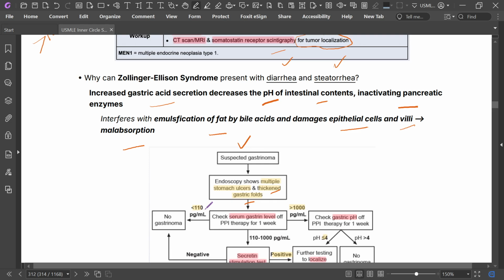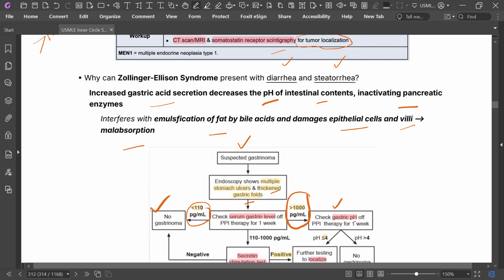If suspected, check serum gastrin level off PPI for 1 week. So you have to stop the PPI for a week. Then you need to do the gastrin level. If it is less than 100, no gastrinoma. If it is more than 1000,